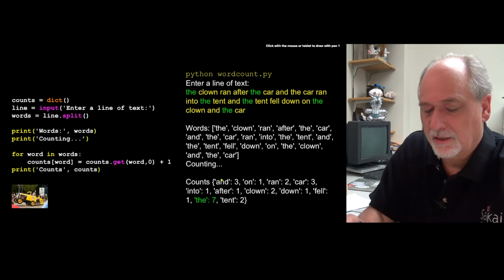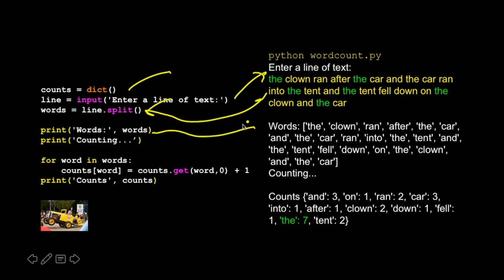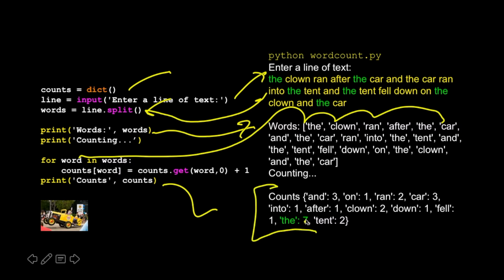So if we take a look at this, we start out, we make a dictionary, we read in a line of text, the text goes in, and then we split that, and we print the words out, so these are the words, right? Then we have a for loop that's going to loop through all those things and produce a dictionary. And when we print the dictionary out, that's what we're going to get. And the is 7, okay? So that's one line of text. That's how you walk across the words in a line of text after you've split the line into separate words.